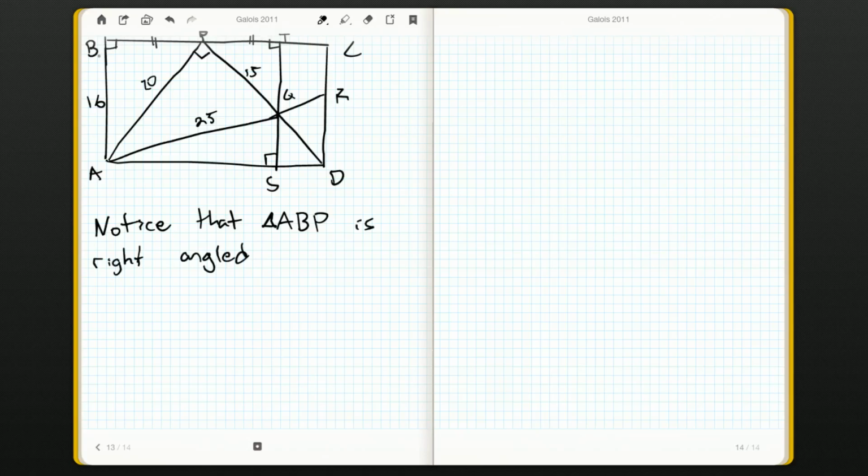So we notice we got a right angle here in this triangle. So we're going to probably be using the Pythagorean Theorem a lot. And so that's if you have a right angle triangle, just in case you've never seen it before, we'll just briefly touch on it. If we have a right angle triangle, the sum of the squares of the two legs are equal to the square of the hypotenuse, the longer side. So by Pythagoras,